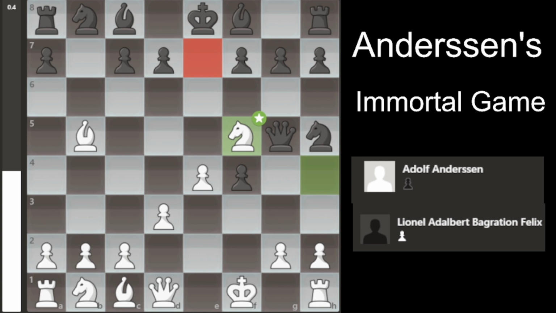Then here c6, attacking the bishop, g4, which is a blunder. Yes, it isn't a completely accurate game, but there's a reason why it's called an Immortal game, and you're going to find out. Because here his opponent also makes a miss, here brings back the knight, and